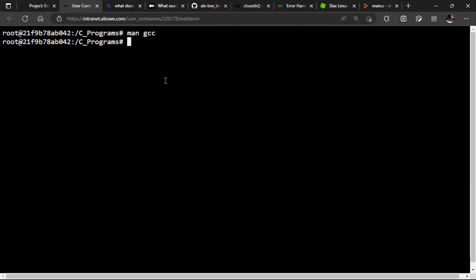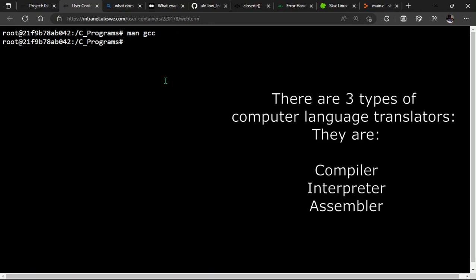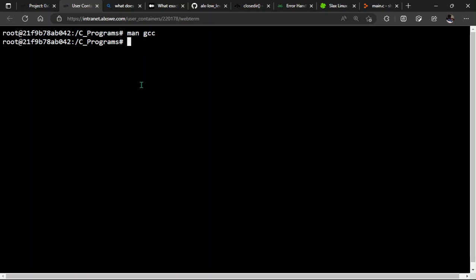Now, you see that? So a translator can either be an interpreter or a compiler. Now, what do you mean by interpreter? There are some programming languages like Python that interpret their code line by line. Let's say you have a code that has about 5 to 10 lines. Then it will take responsibility of interpreting those lines. Where there is an error, it will pause and ask you to correct that error before it continues. But in languages like C, C++, JavaScript, it compiles everything at the same time and then gives you a flag of error if there's an error, or processes